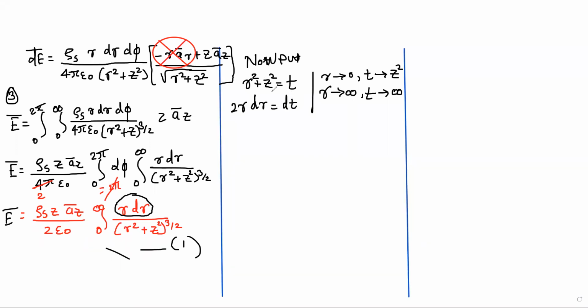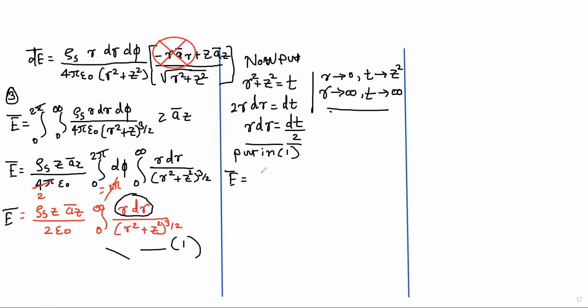Is that correct? z is constant, so it becomes 0. So 2r dr dt. Now I can take this 2 on this side. r dr is equal to dt by 2. So I got the limits, and I got the value of r dr. Now I can put all those values in equation 1. So what I'll get here is E bar is equal